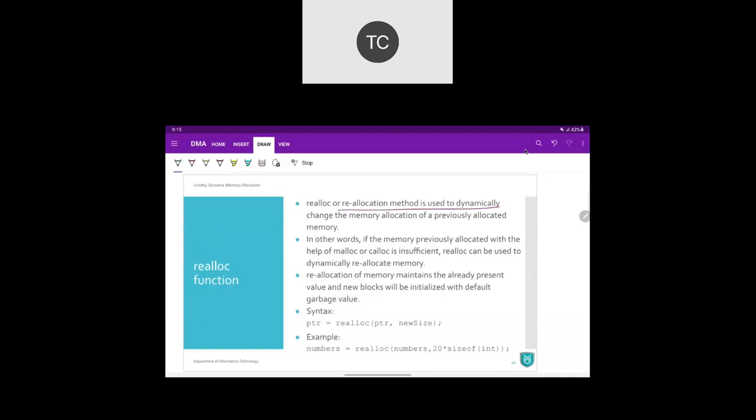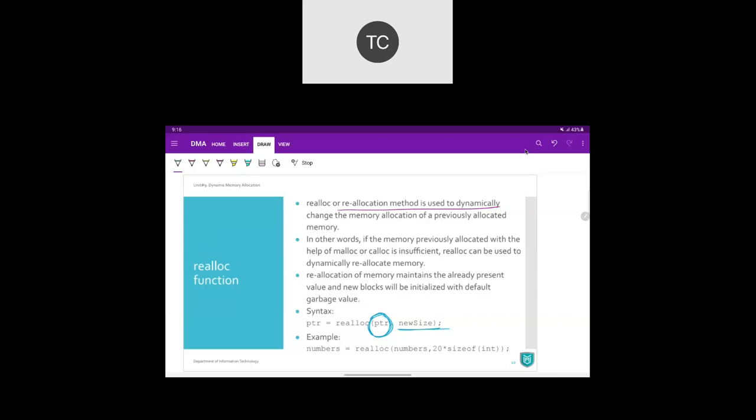What it does is it actually requires the previous memory allocation pointer also, the previous memory allocation pointer P. So the first parameter is the previously allocated memory pointer. The second parameter is the new size, what amount of memory you require now.